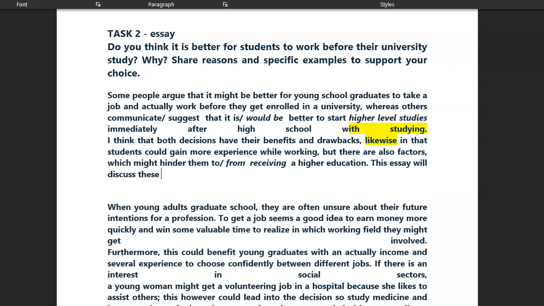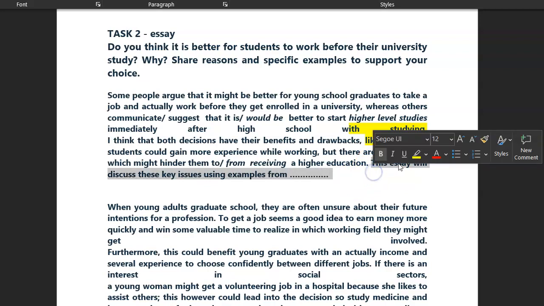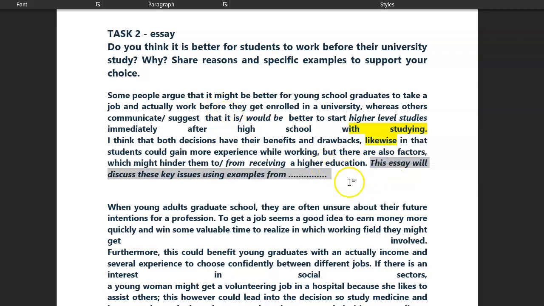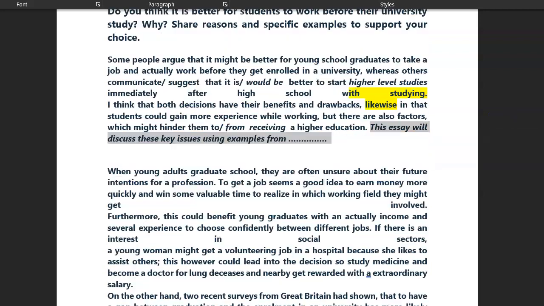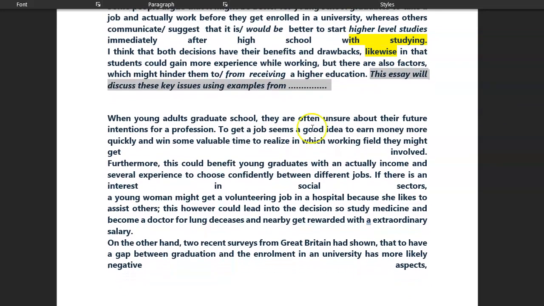These key issues using examples from. So you don't have to have this introductory sentence, but it's quite useful just in terms of showing me where you're going. Remember, you're kind of taking the examiner with you as you're writing. So when young adults graduate from school,